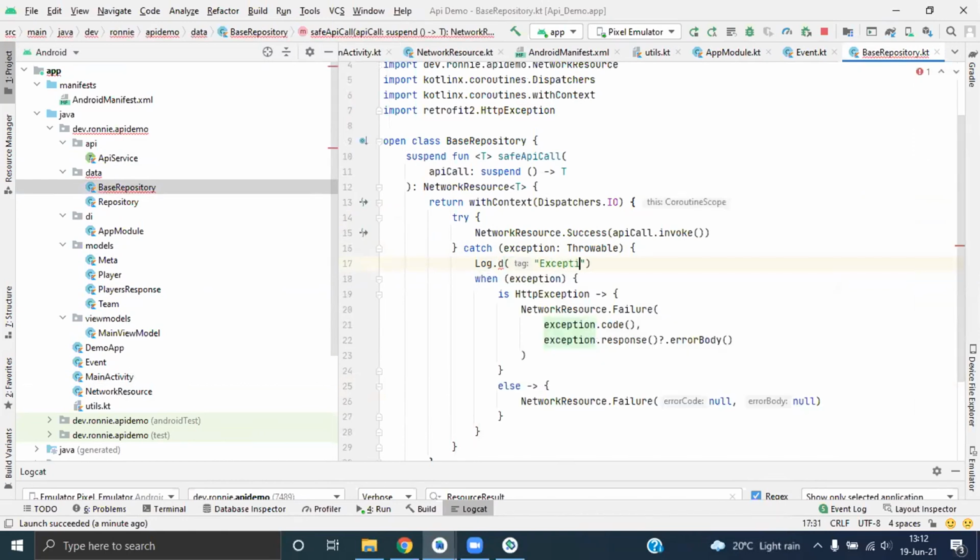Also, for failures, maybe you can add another class that has a message. Maybe instead of passing null, we have a message, like exception dot message, which you can pass when you have failures where you cannot get the code. Yeah, true. Let me just log exception dot toString. I don't see the need to go to message and see what the issue is.